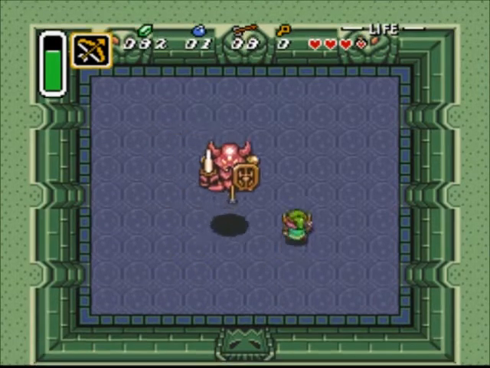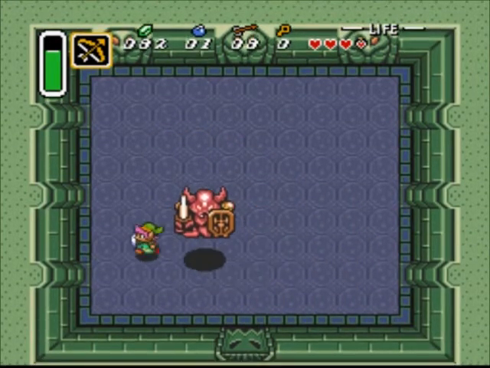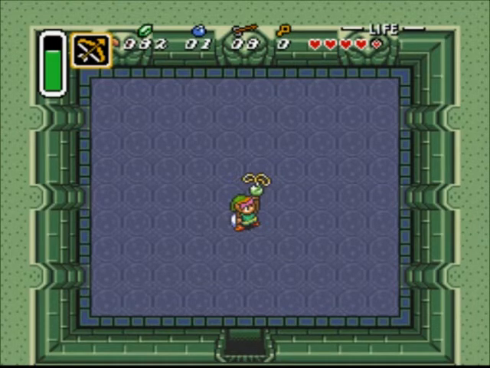Like I said, you can use your sword, but the arrow does probably 2 times the damage that your sword does. And there we go. Get the heart. Now we're at 5. And get the green pendant of courage. I don't know if it's called the pendant of courage in this, but